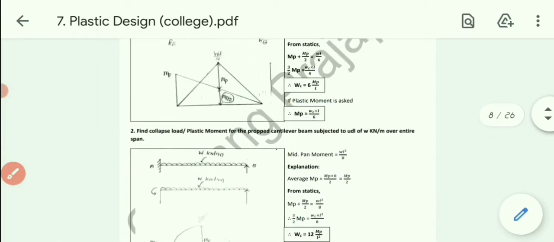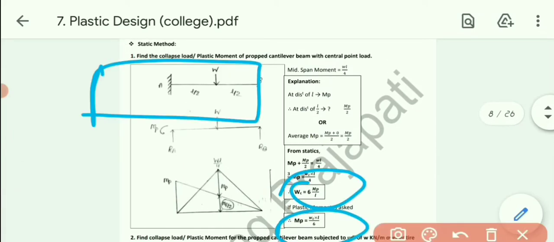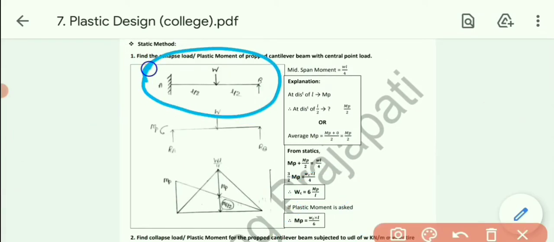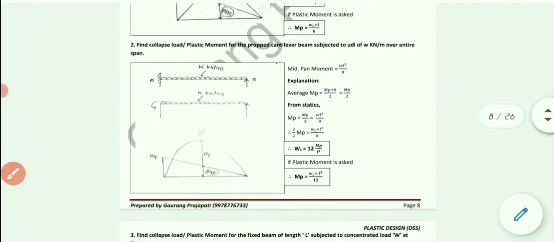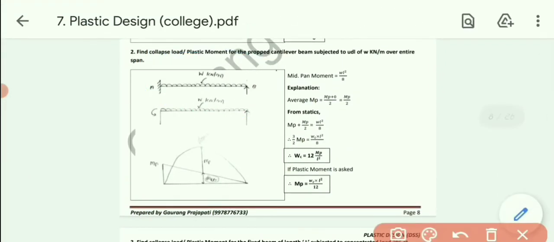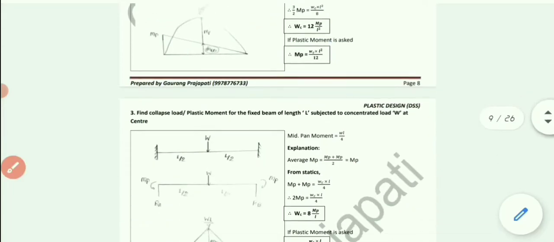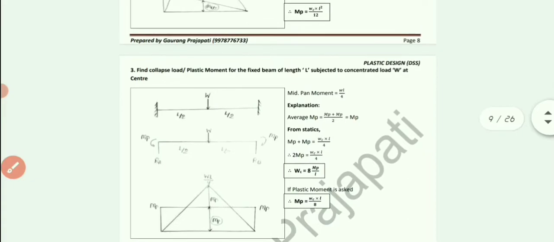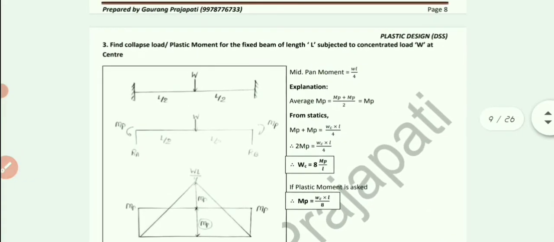So firstly, in the first two examples, what we have done, we have solved the first case, prop cantilever beam with central point load, and in this one prop cantilever beam with UDL over entire span. Now let's change the beam. Say instead of prop cantilever beam, let's take the fixed support. Okay, so as you can see,